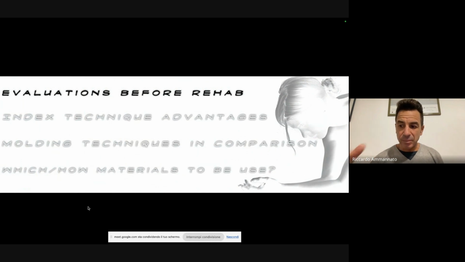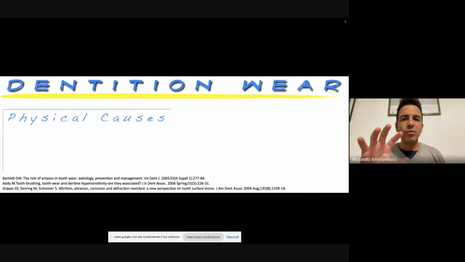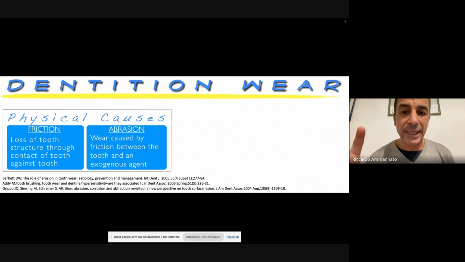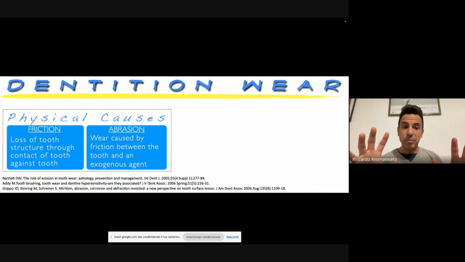We also saw in the previous lecture, and I totally agree, that we need to focus before going to restorative, whichever treatment we're going to do, whether composite, ceramic, zirconia, or whatever, on the etiology, especially when we are managing tooth wear, which is quite a complicated topic. Very briefly here, I just wanted to highlight that the etiology is very important to detect.